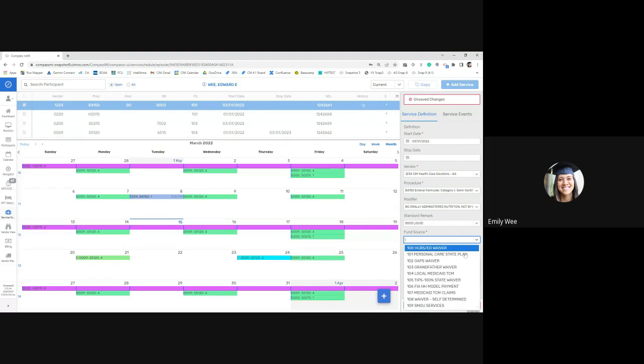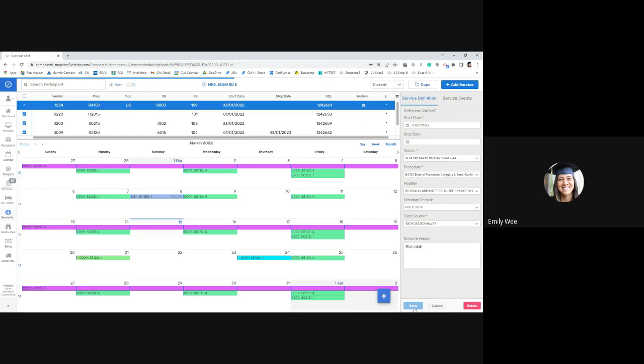And then you can set the fund source, whatever. I don't know what the fund source is appropriate for this. And this is where you can save any notes that the vendor will be able to see. Blah, blah. And then you can save this. And you'll notice that I didn't have a custom service option here in the service definition level. That's because that's actually